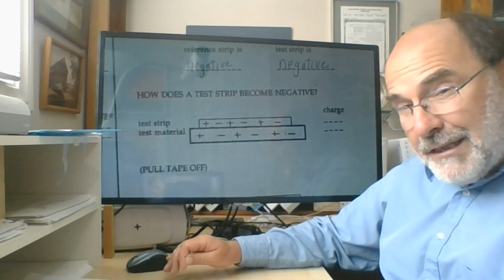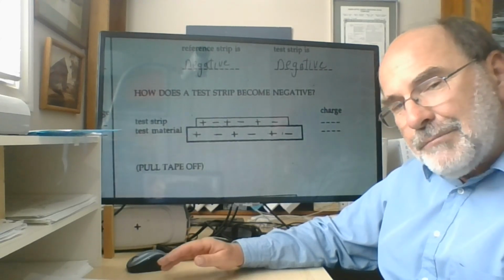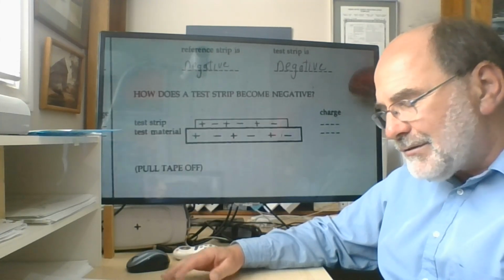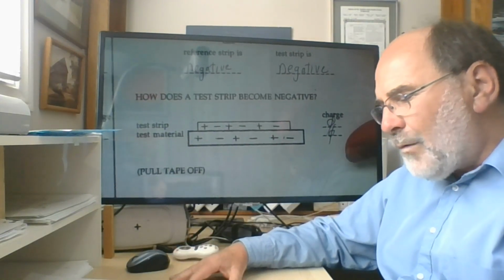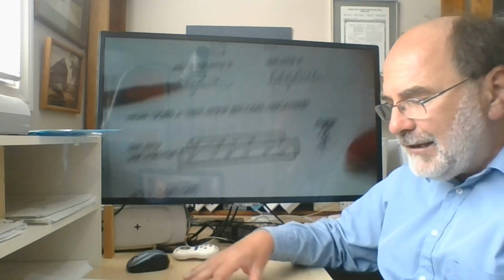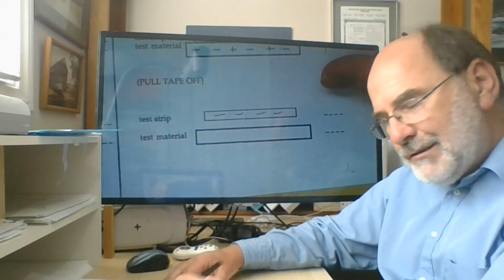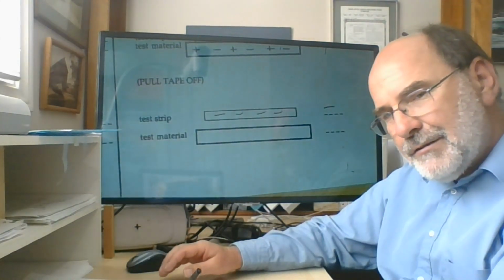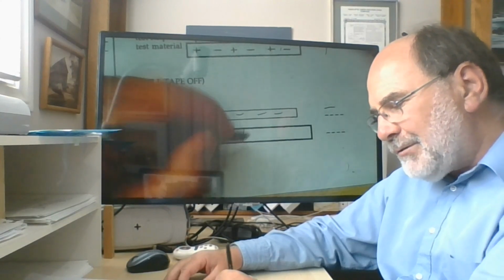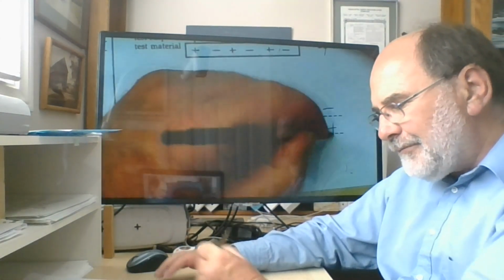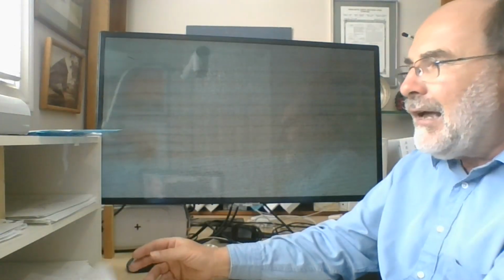How does a test strip become negatively charged, do you ask? Well, same flaw with the other side of this handout. This should be an alternating checkerboard pattern with equal numbers of positive and negative charges. So 0 and 0, because we don't want you to confuse neutral with negative. When you pull the tape off, the test strip needs to end up the way you drew it here, meaning the test strip has to end up being negatively charged. So this is negatively charged. The test material, which lost those electrons, has these protons left behind, and therefore it is positively charged, and you have a handy dandy reference sheet to refer to as you complete